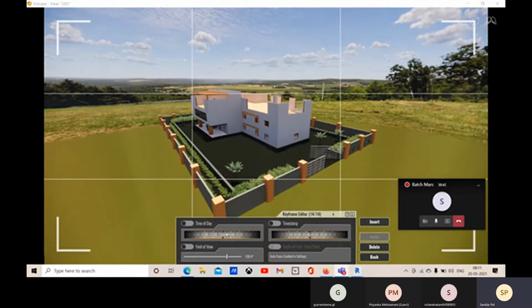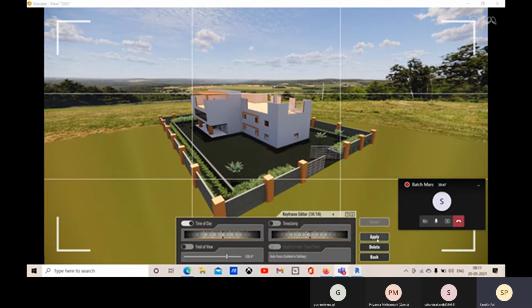So this way you can make some changes after creating it and click on apply, right?